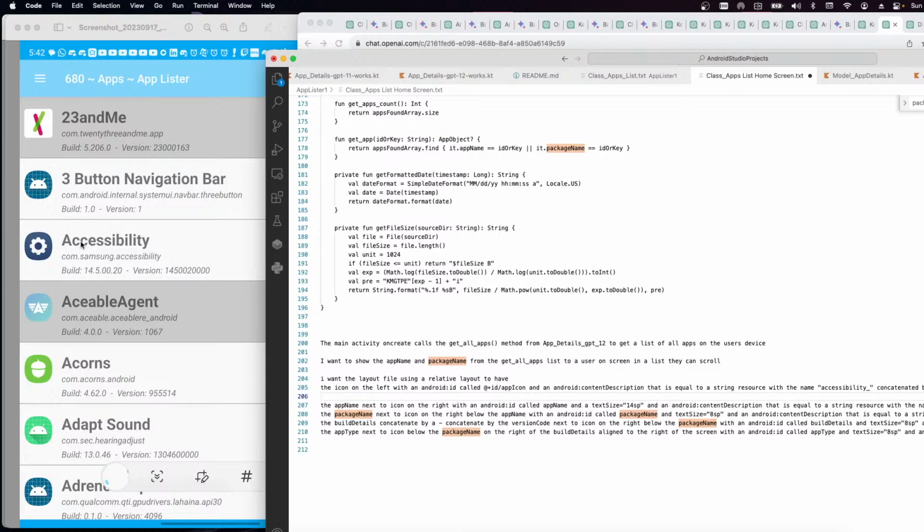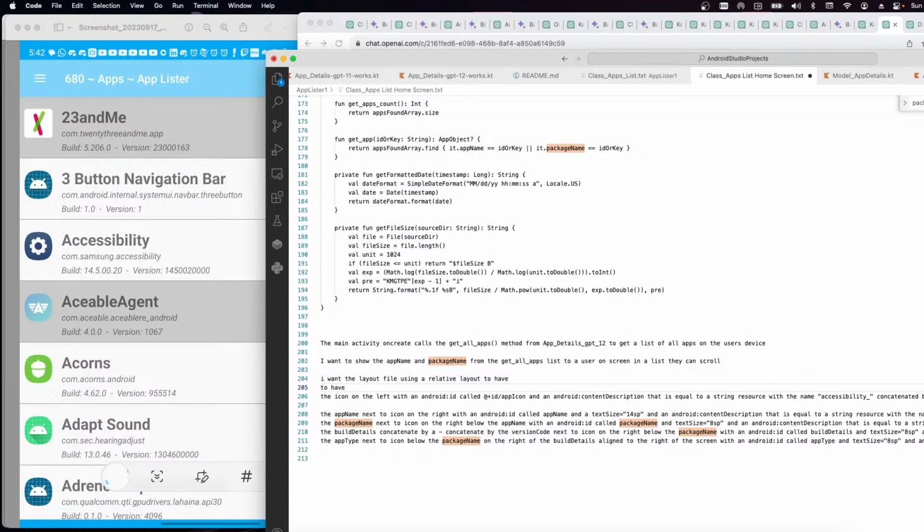I want a list item with the icon, the name, the package, and the build details. And I want, how do I want this to look? The icon should be on the left. Okay, try this. I want the layout file using a relative layout to have